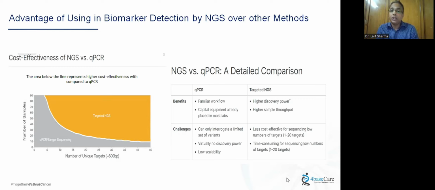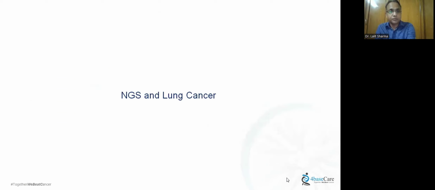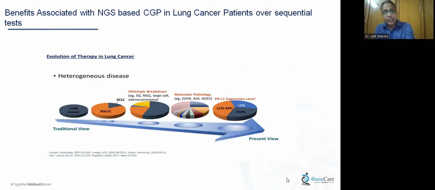Now, the challenges here are it is less cost effective, especially if you are running smaller panels, a limited number of targets, that is, less than 20. And the time consumption for smaller panels is also very high, that is, the TAT is also very high. So coming to NGS in lung cancer, I'll be briefly addressing that, and then we'll be moving towards the question